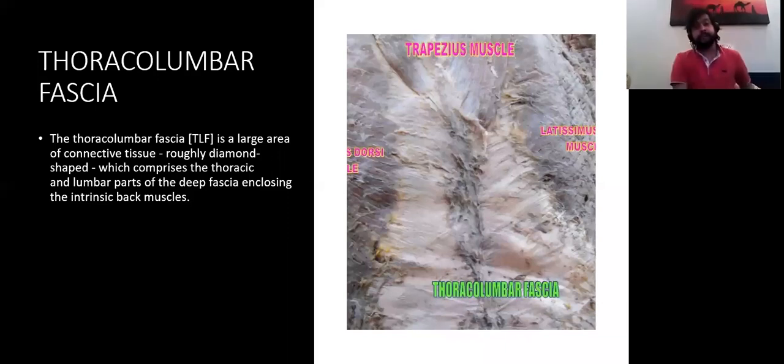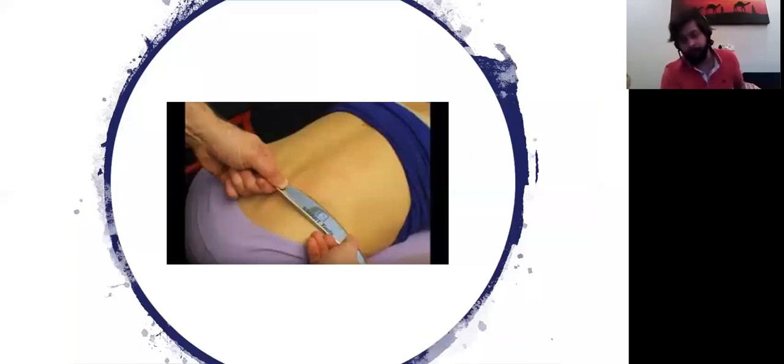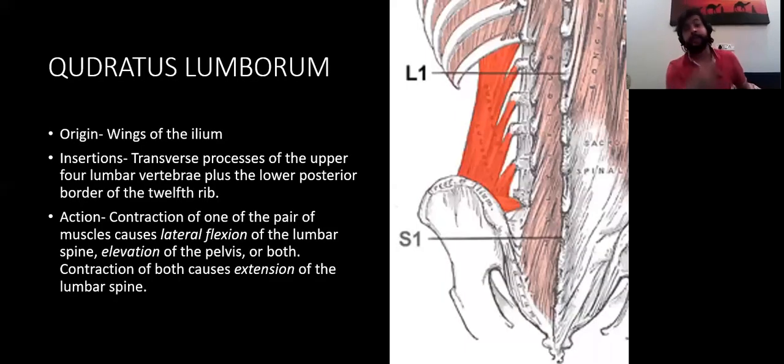The last one is, again under the thoracolumbar fascia, the quadratus lumborum muscle. Very, very important muscle. Most of the time, when there is a back spasm or something, the quadratus lumborum muscle comes into the picture. Again, I'm not going into the anatomy part. The action is side bending. I don't think so, because with such background of what exactly IASTM does, what are the different phases or progressions of IASTM,